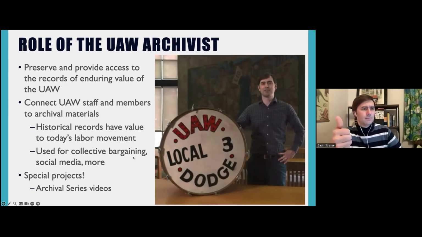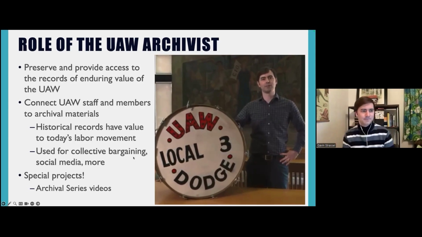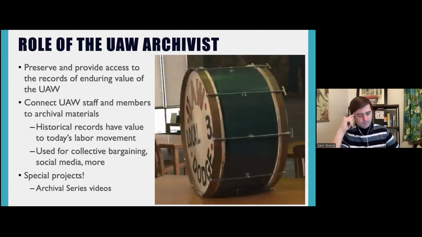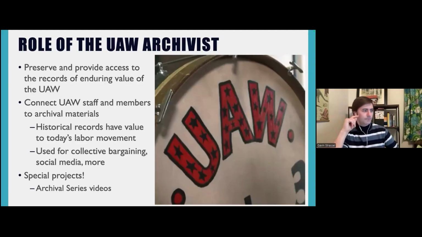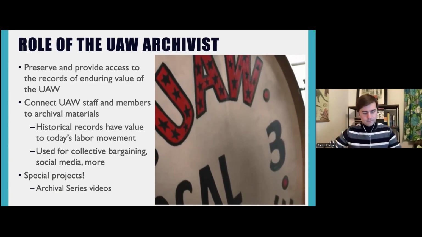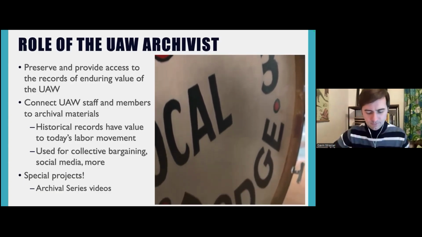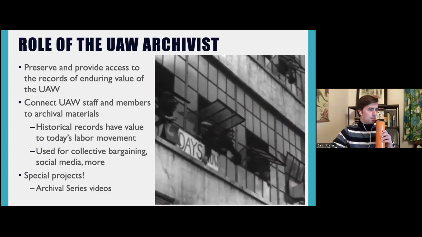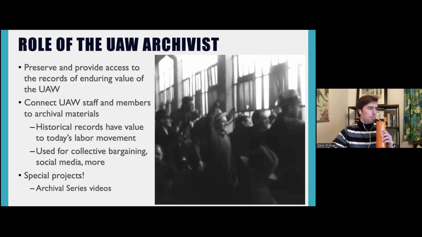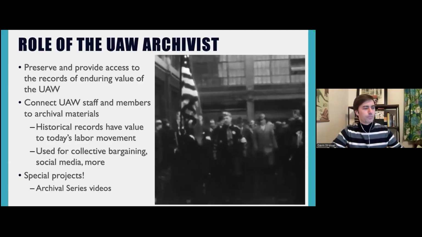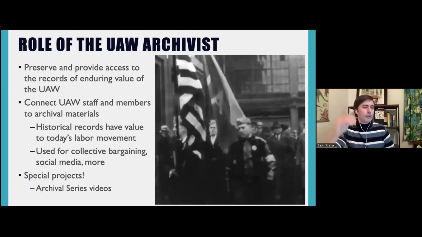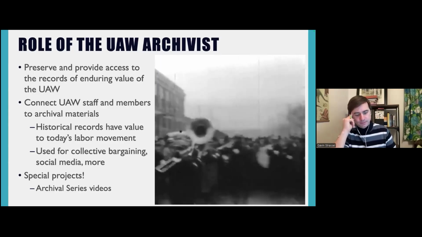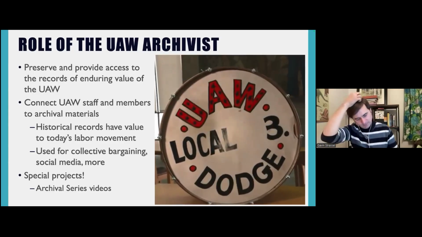Hi, my name's Gavin Strassel, and I'm the archivist at the Walter P. Reuther Library at Wayne State University. This bass drum was part of a small marching band that came from UAW Local 3, which represented workers at the Dodge main plant in Detroit. And when the UAW finally organized Chrysler after a long sit-down strike in 1937, the workers marched out of the factory and they're led by the marching band in this bass drum. You know, the rhythmic pounding of the drum really added to the sense of triumph and was a huge moment